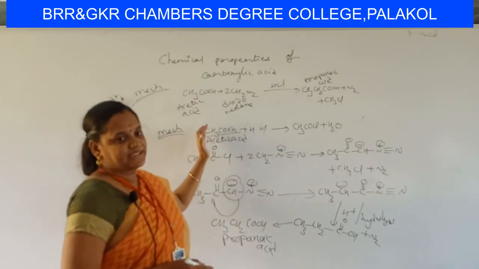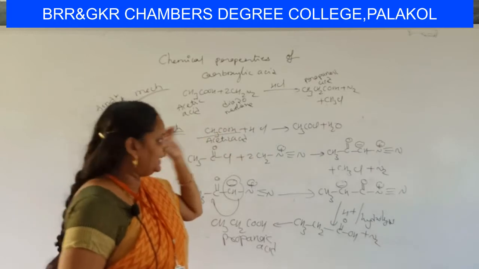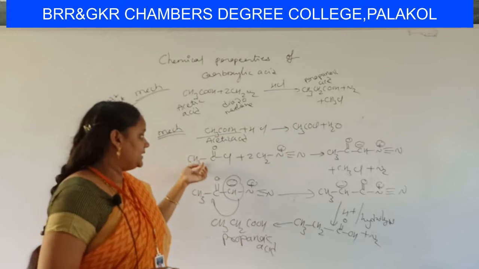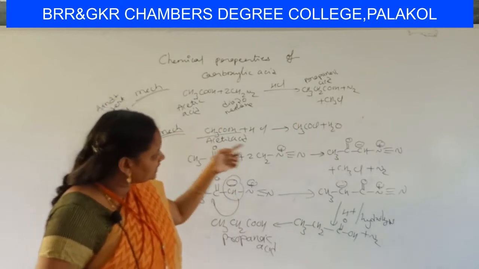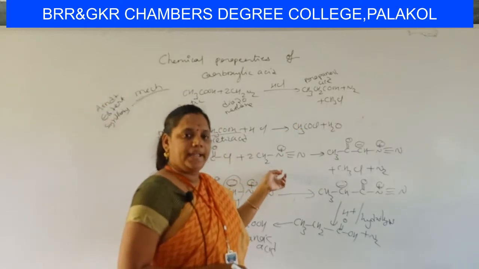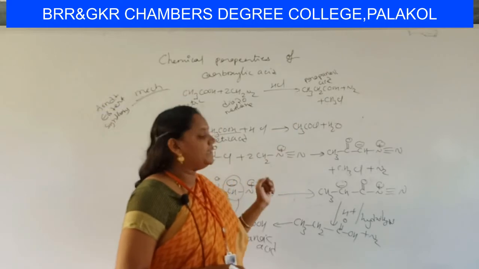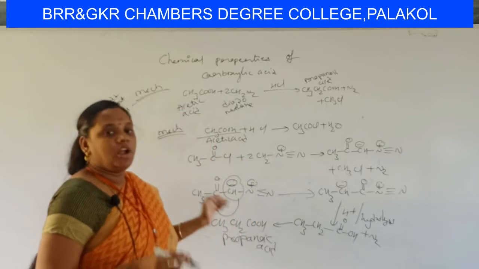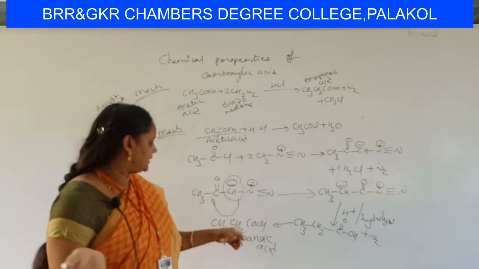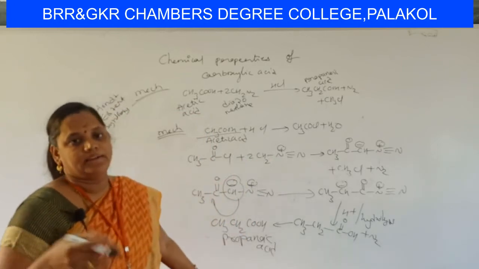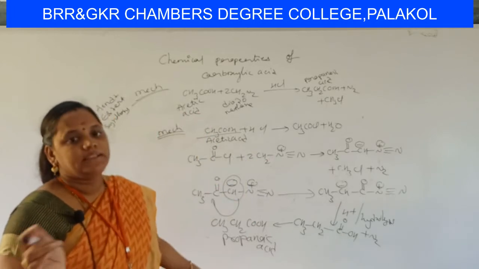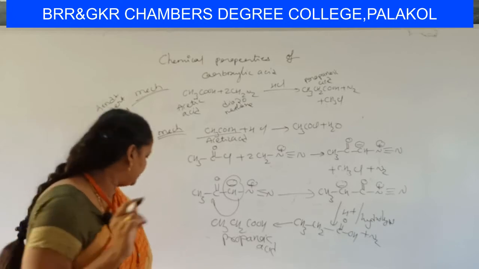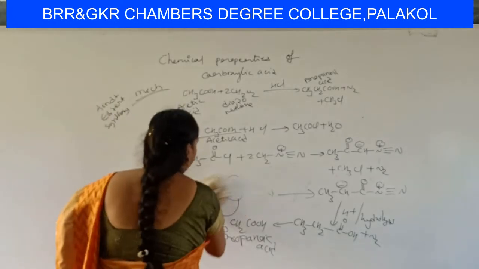First step of the mechanism, HCl will be added, acetyl chloride is formed. In the second step of the mechanism, acetyl chloride is reacted with 2 moles of diazomethane to form an intermediate. That intermediate is not that much stable. It undergoes rearrangement followed by hydrolysis and gives propanoic acid, the next higher acid. This is about Arndt-Eistert synthesis. Last property.